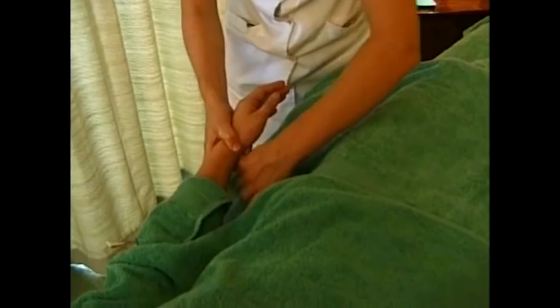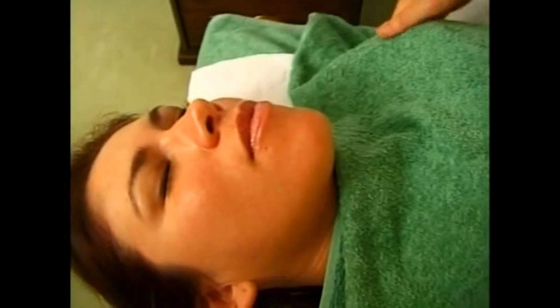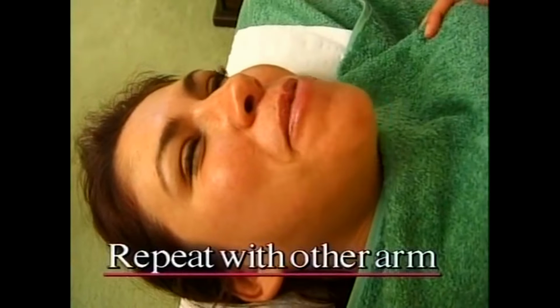And a nice stretch and off. And covering the limb. How did that feel, Pam? Yeah,